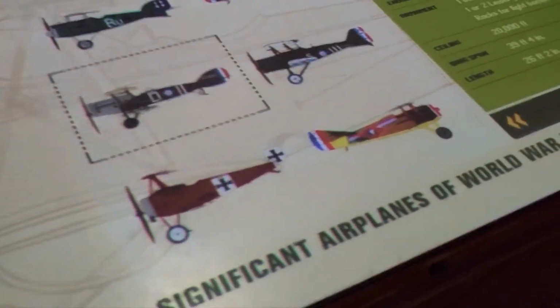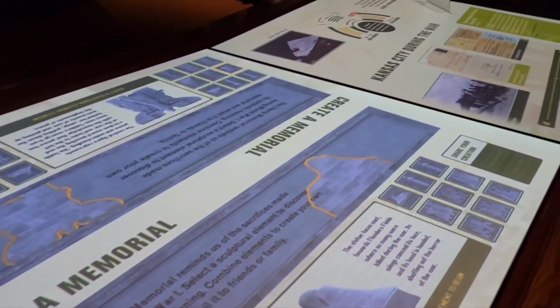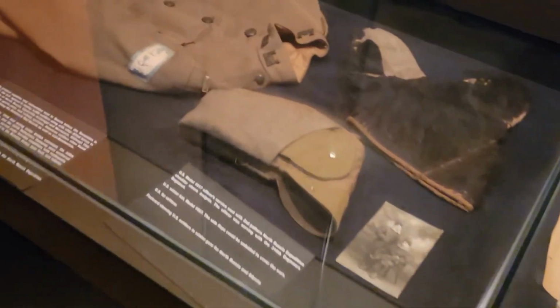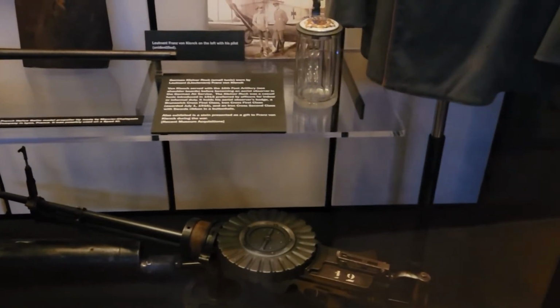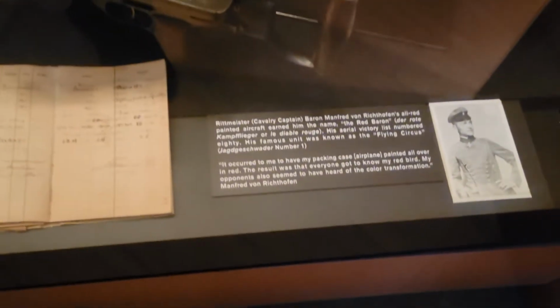We had significant aircraft of World War I, including my favorite, the Red Baron. It's now just frozen pizza to us, but the Red Baron was a famous aviator, like I said earlier. Okay, so you have the rifles here, and who's this uniform? Forgotten. Okay, this is a Russian uniform, and some more. What's a German uniform? Oh, this is the Red Baron,